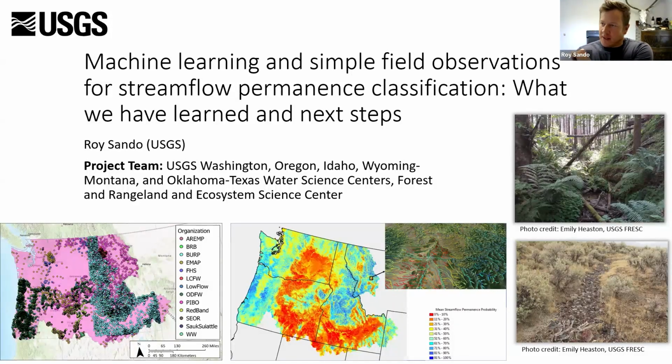So yeah, today I'm going to talk about a handful of projects that we've been working on over here at the USGS, intermixed with colleagues from other agencies as well, including your very own Kendra Kaiser, who started out doing some of this work for us over in the Boise River Basin. A lot of it has to do with machine learning and some techniques that we've adapted to advance these methods to larger regional scales. Some of it doesn't have to do with machine learning, so the title is a little bit of a misnomer, but either way, it captures a lot of what we've done.